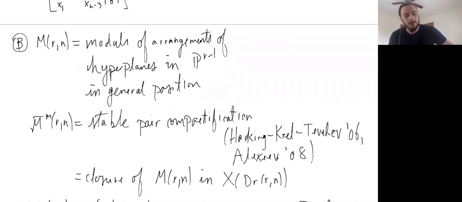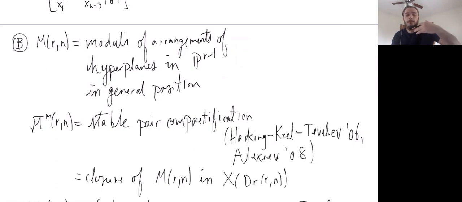This has a natural modular compactification due to Hacking, Kuehl, Tevelev, and separately by Alexeev, which is basically the natural higher dimensional version of